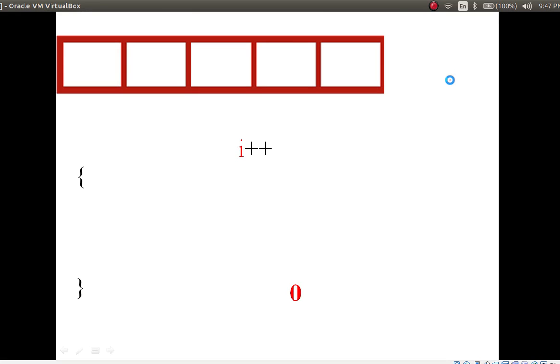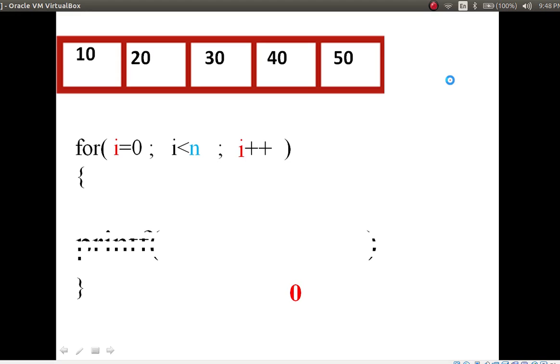Now we print back our array elements. We have already inserted 10, 20, 30, 40 and 50, isn't it? We have to print them in our console window or terminal window. So we use the same concept, just instead of writing scanf you have to write printf, and there is no address operator, that's it. So printf statement followed by %d, then a of i, no need to use the address operator.